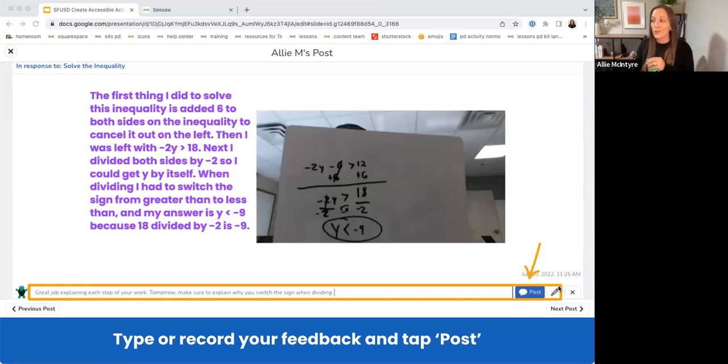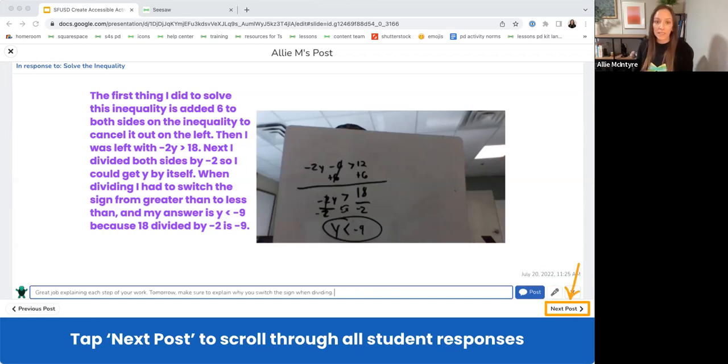Now, many teachers do find this microphone to be the quickest way to provide some very fast, effective feedback for students. You record your voice, your students are able to hear your voice and your feedback. Just make sure that whether you do the typed or the microphone, the audio comments, that you remember to tap that post button so it posts and attaches to the student's post so they're able to see the feedback.